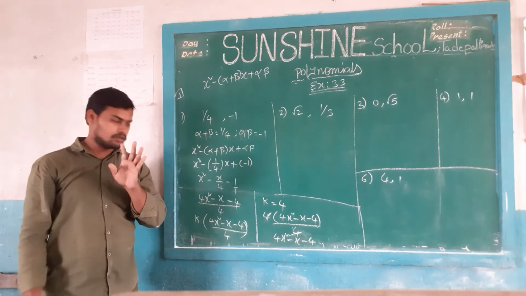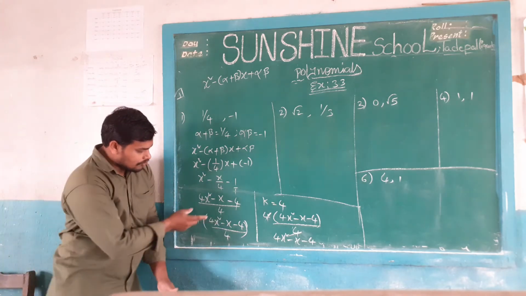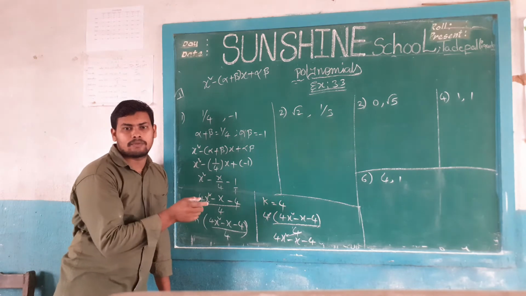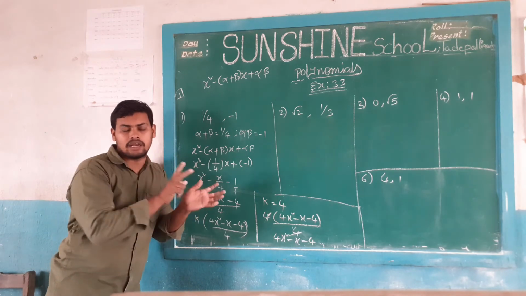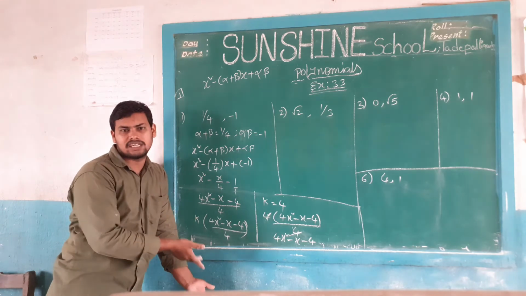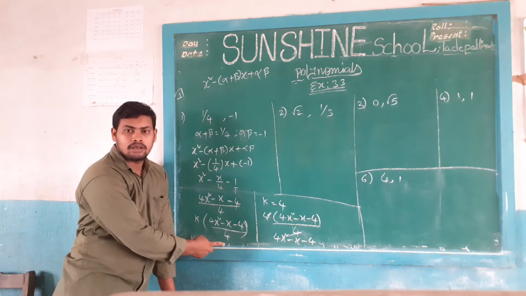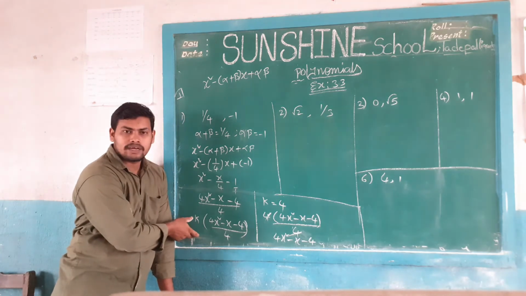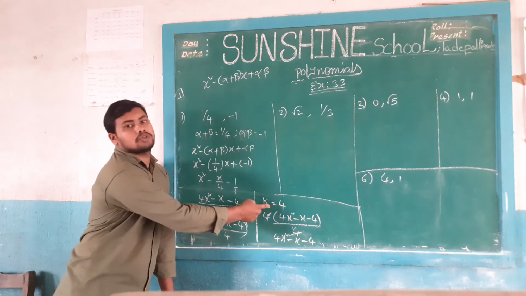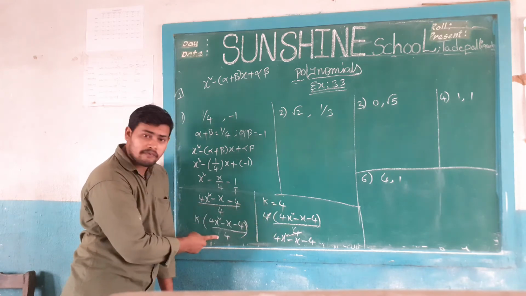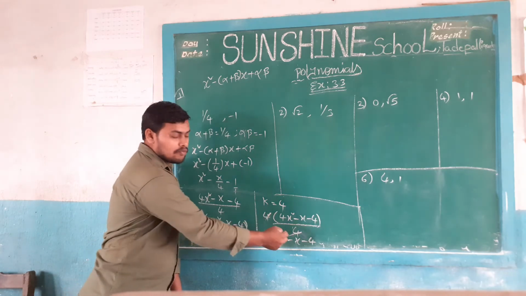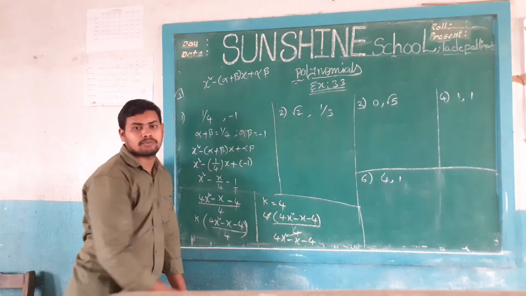So you have to simply understand this. Whenever any denominator is there, you should multiply that particular polynomial with a letter. I have to take k because k is used in our textbooks. So I have to multiply with k here. What is the value here? 4. So you should take the k value as 4. If the value is 5, you should take k value 5, because the cancellation is important. So 4 cancel, 4x square minus x minus 4.